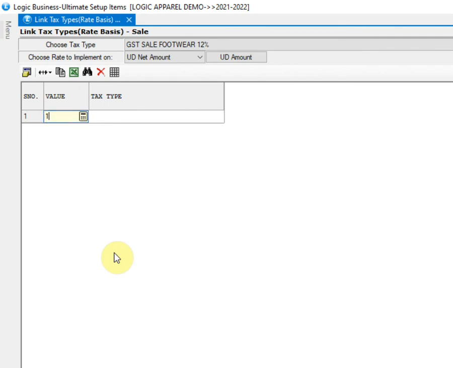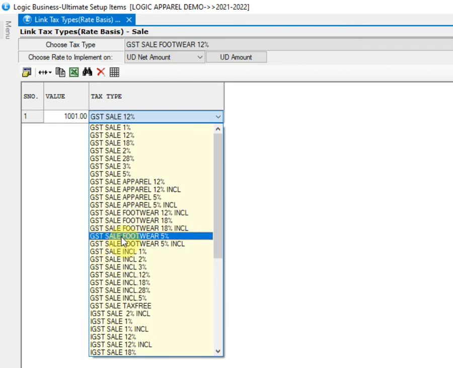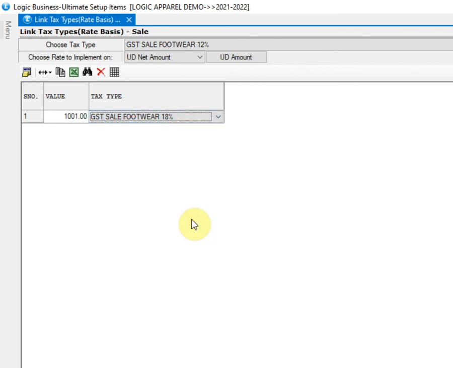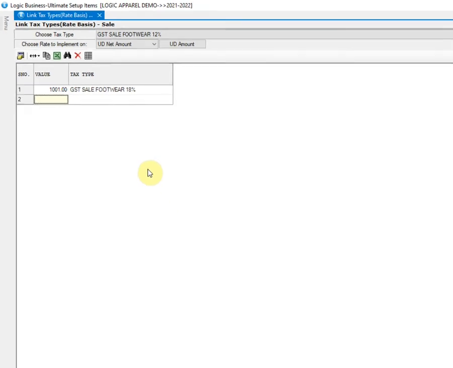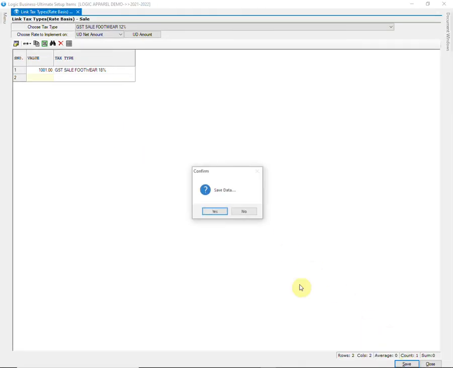For exclusive tax regions, the value will be 1001 rupees. GST sale footwear 18% will be linked here. This means that 18% GST will be applied in case the value of footwear item exceeds 1000 rupees in an exclusive tax region.